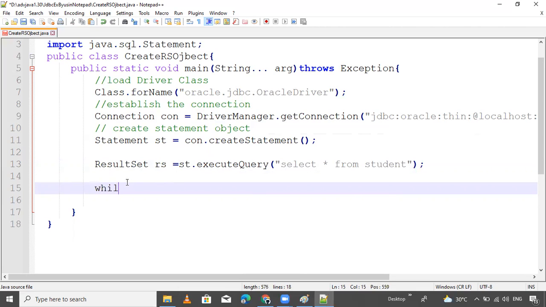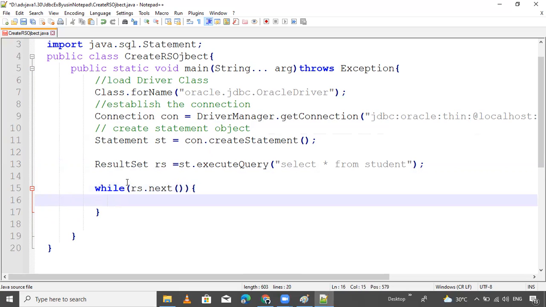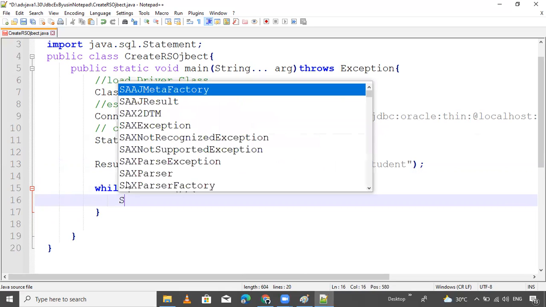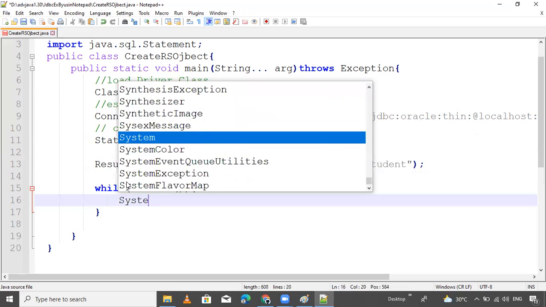One method, while it's not false, keep retrieving the data. rs dot next is the method that goes to the next row of the result set. I want to print the data.